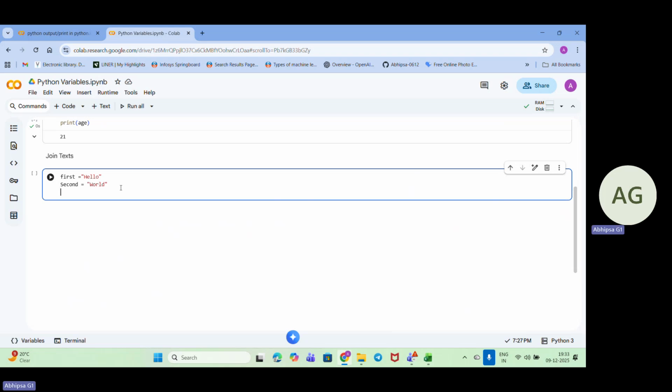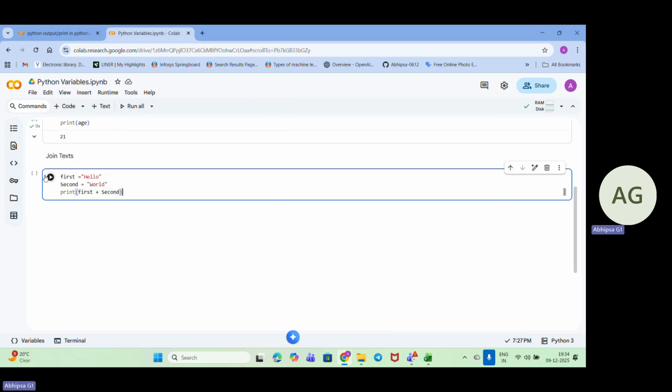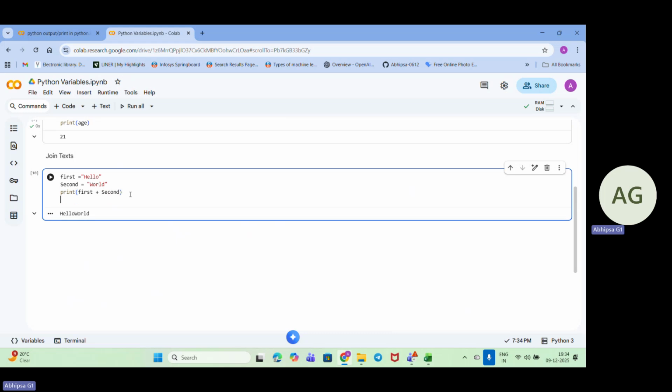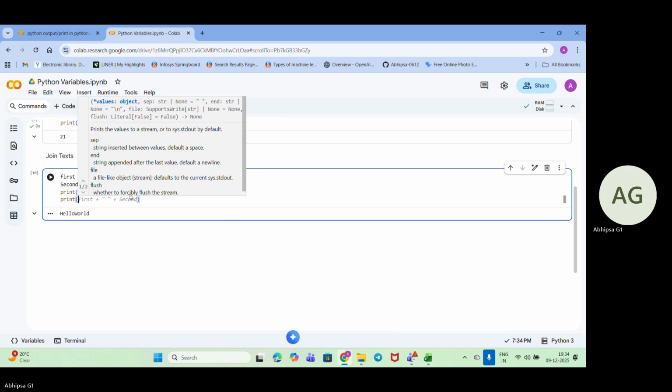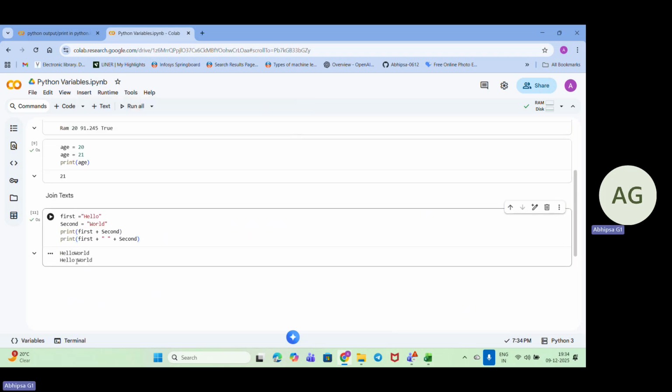Okay. Now I want to print first plus second. Right? Let's do it. So it is printing it like this: helloworld. But there is no space, right? If I need space, then I'll be doing print first plus a space plus second. So here I'll be getting a space.